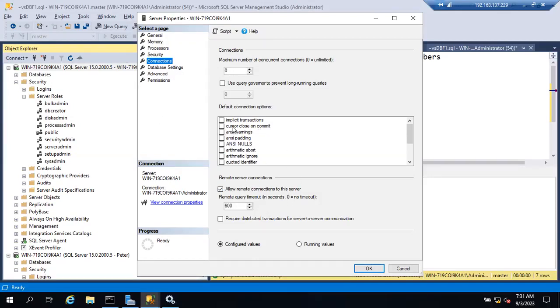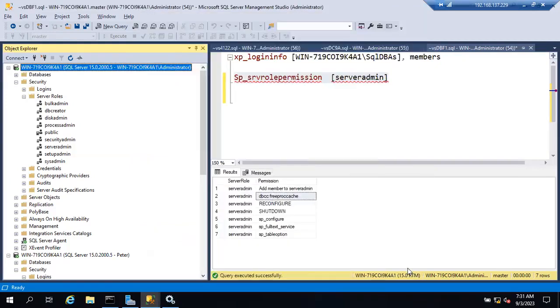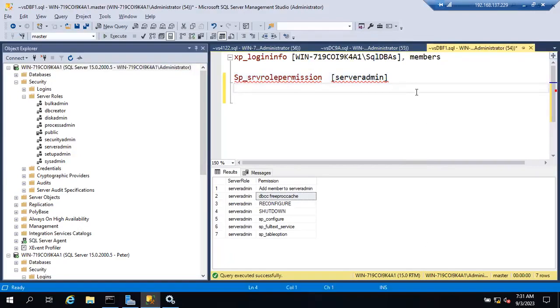This is like a GUI way of changing server level configuration settings. What is the query to change the server level configuration settings, guys? So we have a query called sp_configure. You can see here, right? sp_configure is a stored procedure that we are going to use to change the server